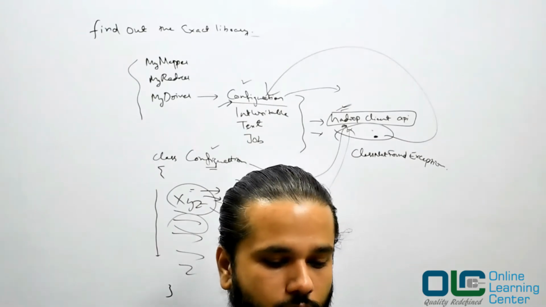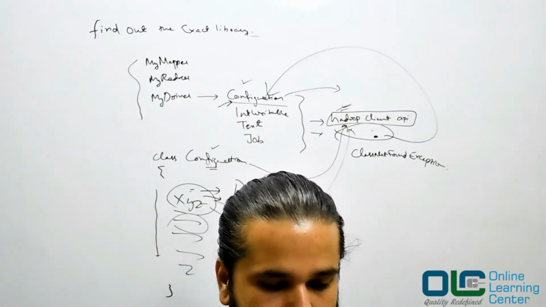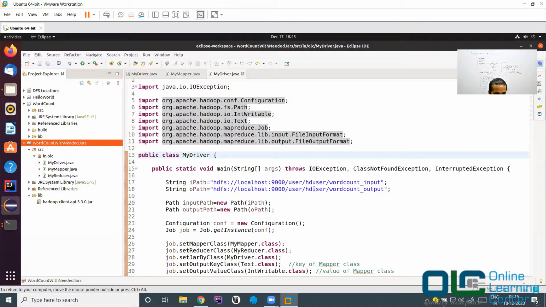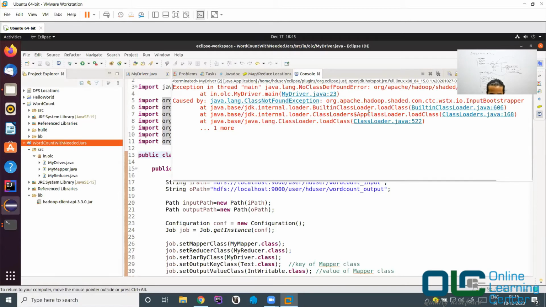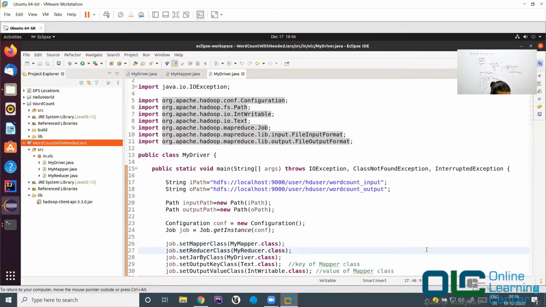Okay, so yeah, share screen. All right, so what is the problem you are facing now? You are facing a problem of org.apache.hadoop input bootstrapper, right? So let's copy this. What exactly will this class do? None of your business, right? They are just required. That's it. Okay, they are just required. So I'll say Control C, copy this, and again go back and say Control Shift T,